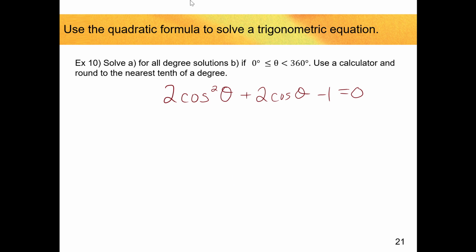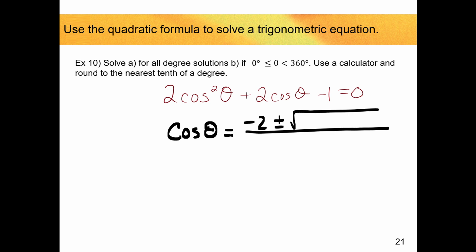The quadratic formula. Notice first things first. Notice that all with the 2 and the 2 and the negative 1? I don't know. The first one, it wasn't cosine, but we did it. Let's go with it here. We got a minute and a half left. So I got cosine. Notice what I have is it's not x, right? It's cosine theta equals negative b plus or minus the square root of b squared, which is 4, minus 4 times a times